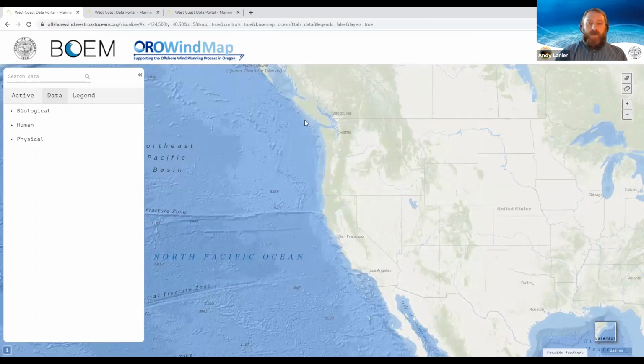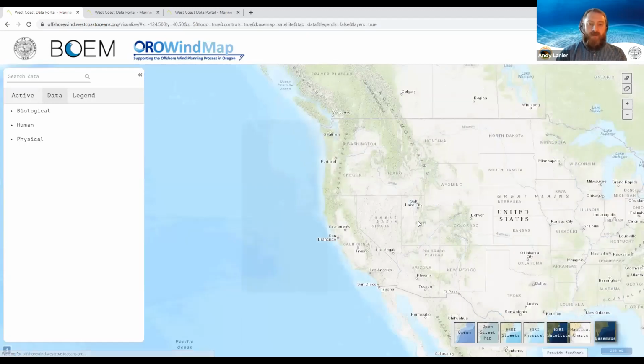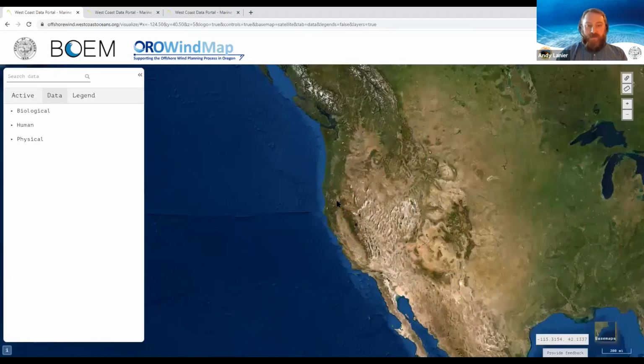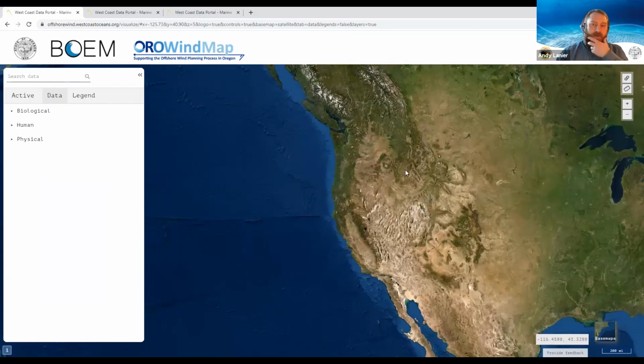So here you can see the tool is laid out like many mapping tools, with a mapping visualization area on the right, with a catalog of the information and how you control the information that's in the map viewer on the left. You have standard features like the ability to choose the base map that you would like to use. Like I like to use satellite imagery if I'm looking at data that it might be hard to see because it provides a dark background. There are tools in the upper left here that I will mention in a bit, but